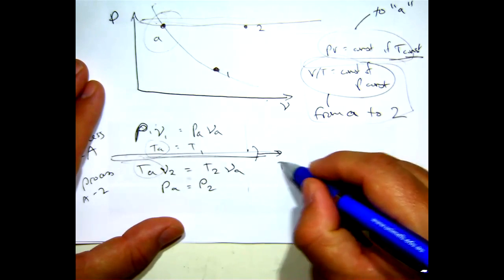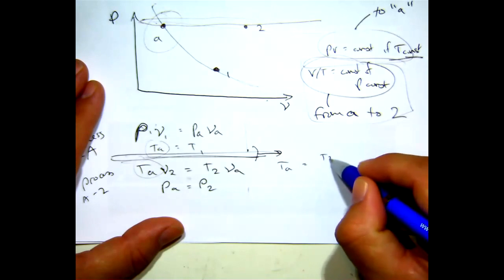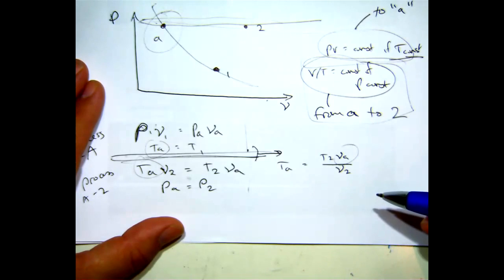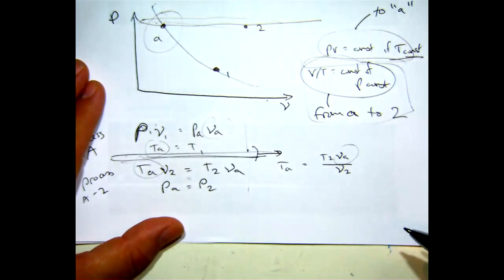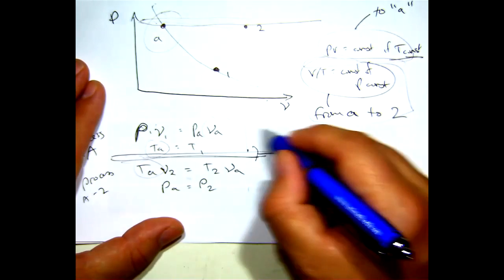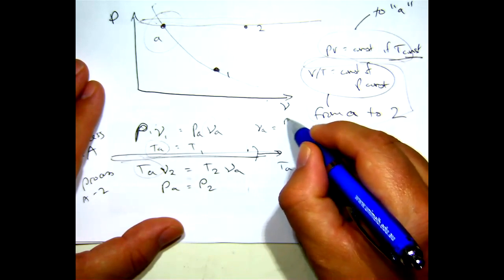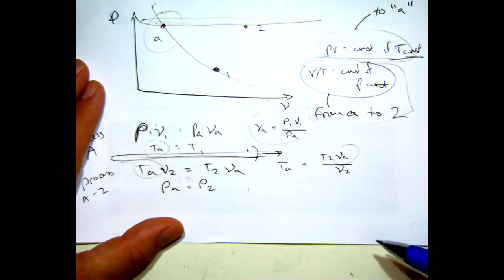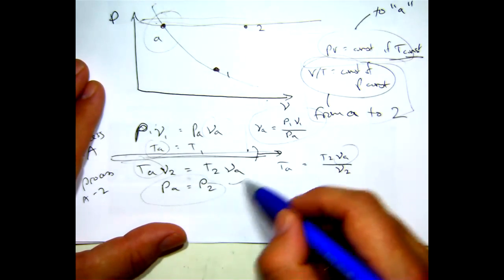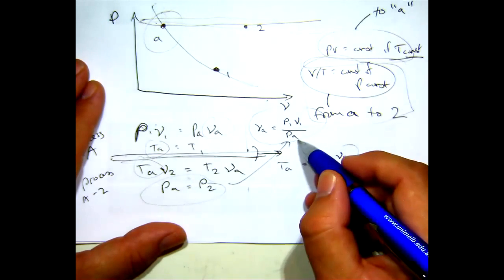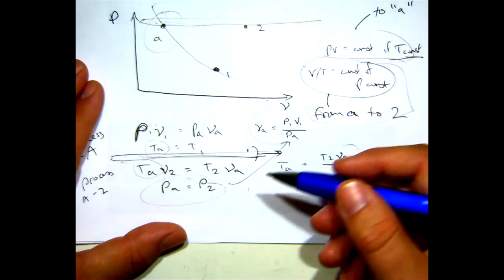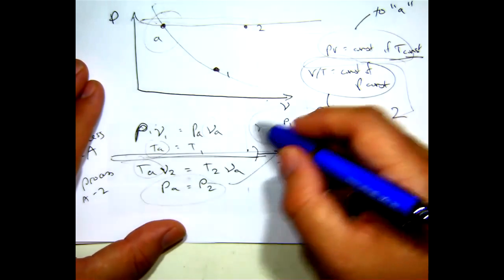So this gives me T_A equals T_2 V_A on V_2. I've got an A in here, which I'd like to get rid of, and I can define that in terms of this one. So here I can say V_A equals P_1 V_1 on P_A. And this one I can bring up here and say, well, P_A is actually P_2. Now I've got things going all over the place. If I start putting them down,